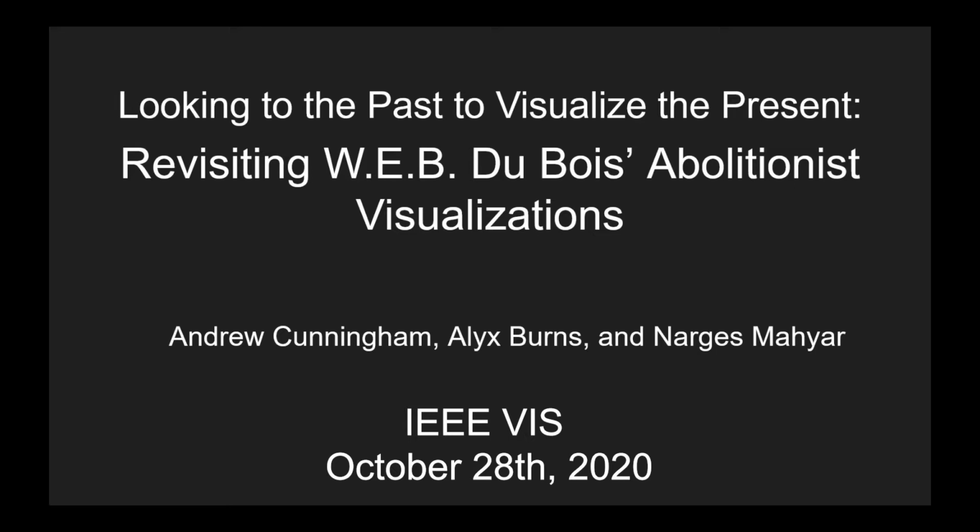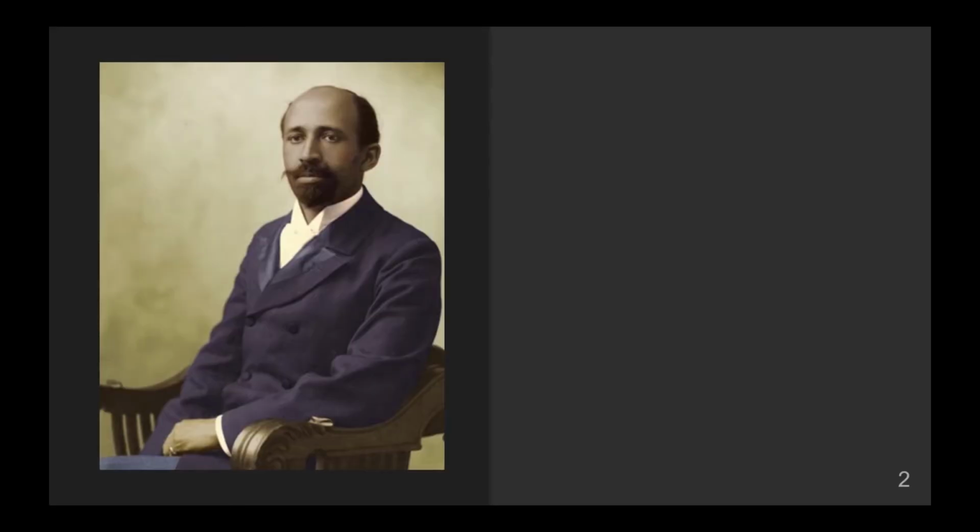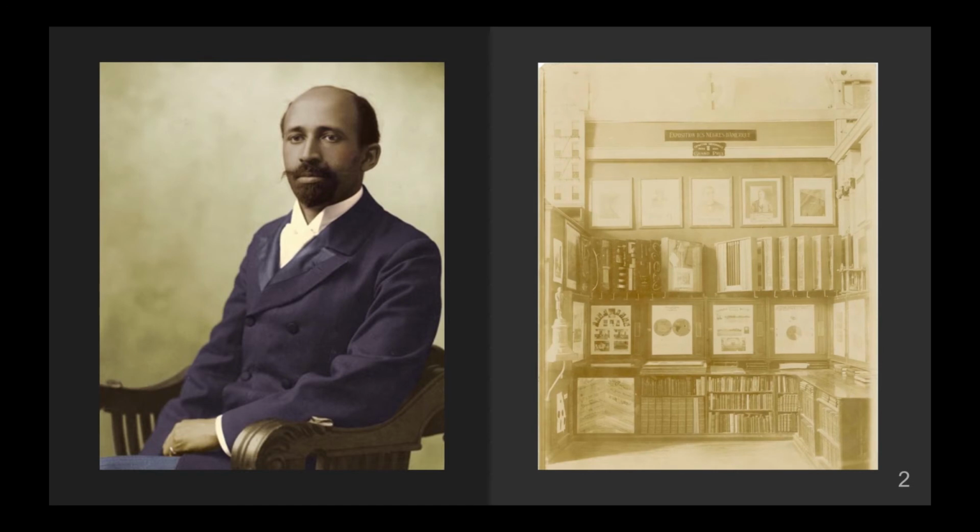Our poster is called Looking to the Past to Visualize the Present, Revisiting W.E.B. Du Bois' Abolitionist Visualizations. In 1900, W.E.B. Du Bois presented 63 visualizations at the Paris Exposition, put together by his team of all black data scientists. The end product was an unfolding story of black resilience following the abolition of slavery in the United States. It emphasized trends of opportunities being seized amidst the dismantlement of oppressive systems, and it inspired hope for the future